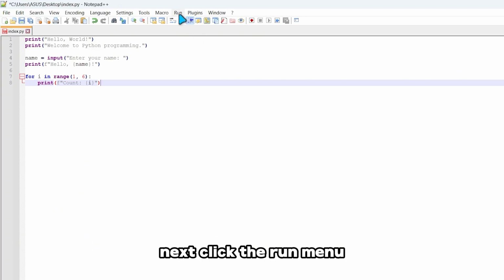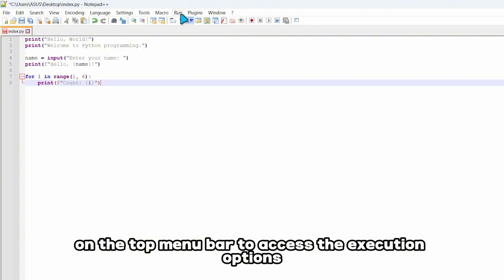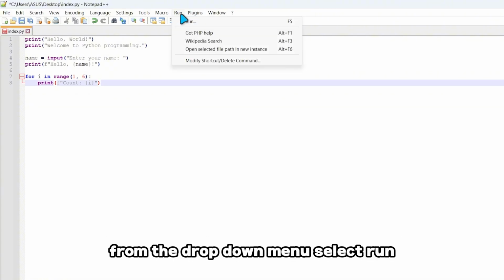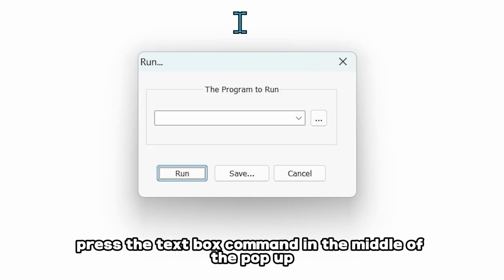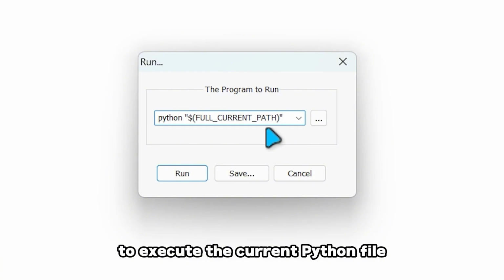Next, click the Run menu on the top menu bar to access the execution options. From the drop-down menu, select Run to open the Run dialog box. Press the text box command in the middle of the pop-up, then enter the following command to execute the current